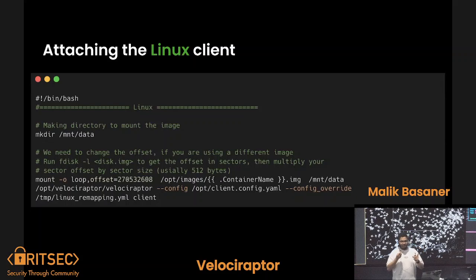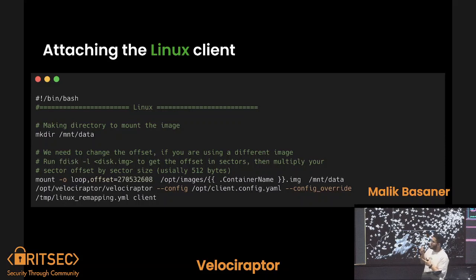Now we just saw the Linux attached client, and what does that contain? As I mentioned before, we need to figure out the offset of the disk itself, so we can actually mount it appropriately, because everyone knows that when you do fdisk or blkid or df -h, probably df -h will not show that, but fdisk will show you different sectors, the boot sector, the root sector, and all of that information. And we would mount that information. We want to get only the sector that has slash, which has the information for our system, for our box or our machine. So I'm gonna find out the offsets.